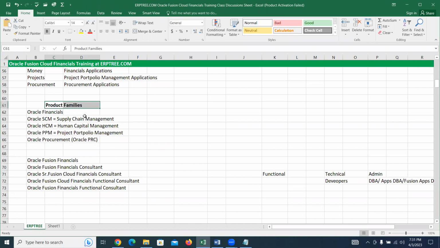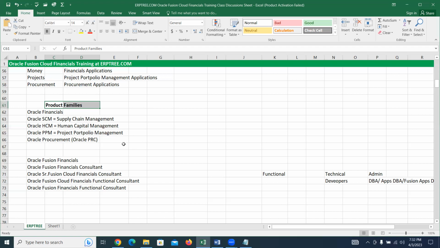This is the actual naming convention, product families, Oracle Financials. Okay, the applications which are available from Oracle, which you can use to manage your company finance related data. You want to pay, use financials application. You want to receive the payment from customer, use finance application. You want to maintain the assets, money is there, finance. You want to maintain the bank accounts, use finance application. You want to prepare the financial reports, use financials applications.